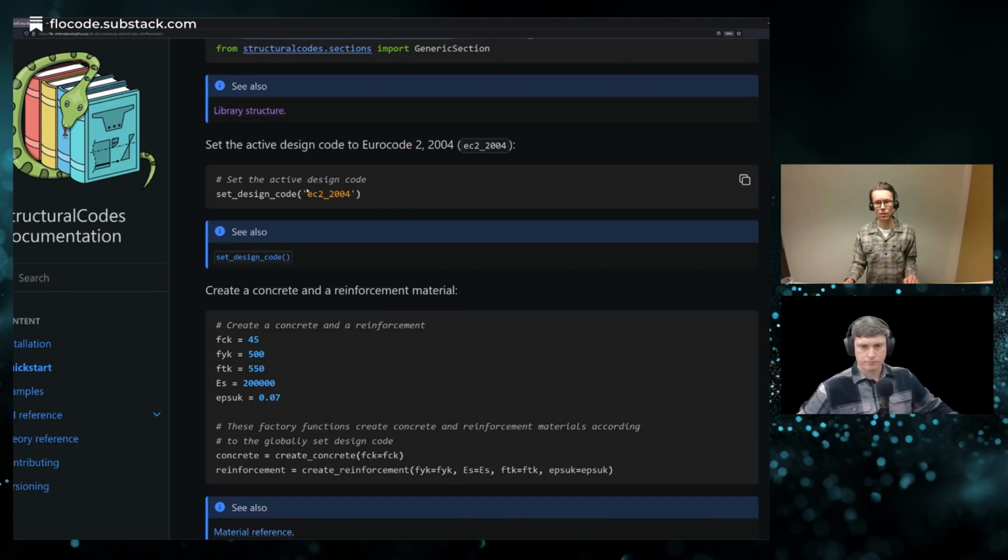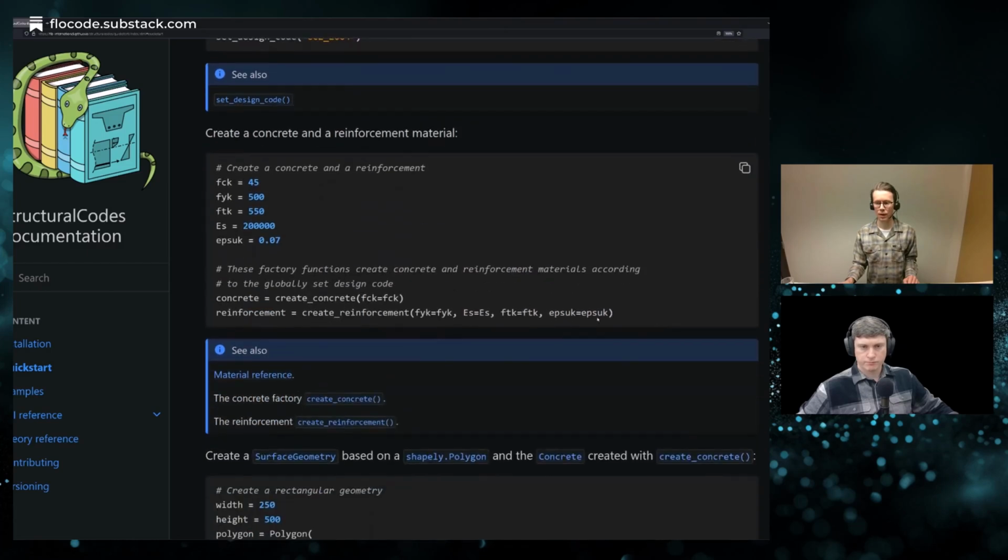So here we set it to Eurocode 2. Now in the next block here, we define some parameters. So material parameters, the strength of the concrete, the yield strength and the ultimate strength of the reinforcement, Young's modulus of the reinforcement, and the ultimate strain of the reinforcement.